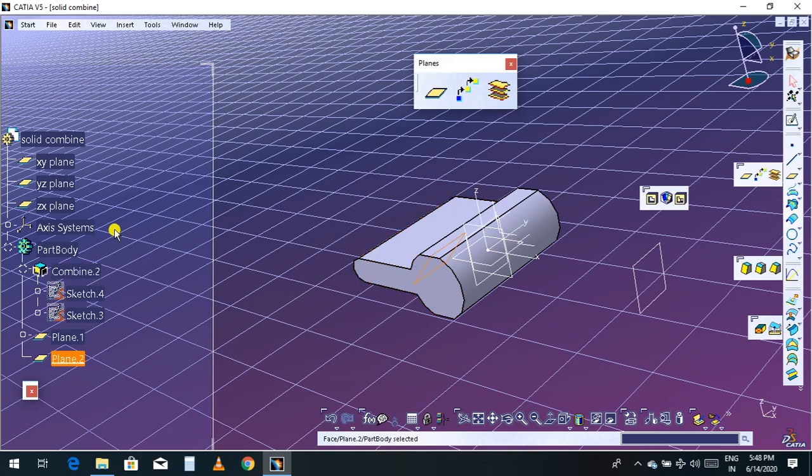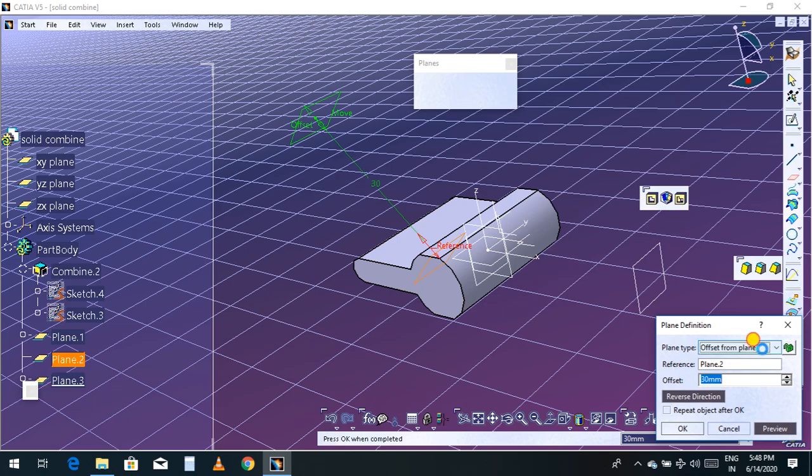Let me give you one more example. Select the plane, and here you have offset, parallel through point, angle to the plane, through 3 points, through 2 lines, parallel normal to the curve, tangent to the surface. Let's confirm the tangent to the surface.